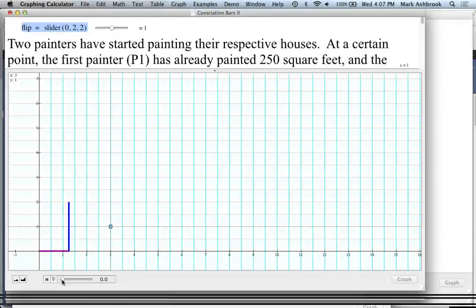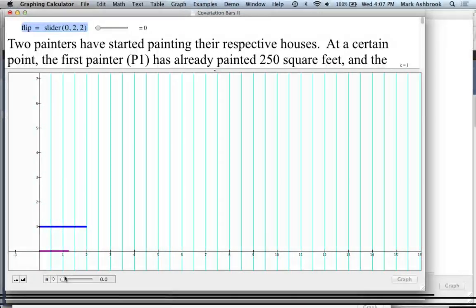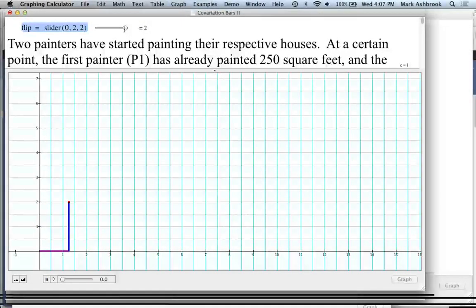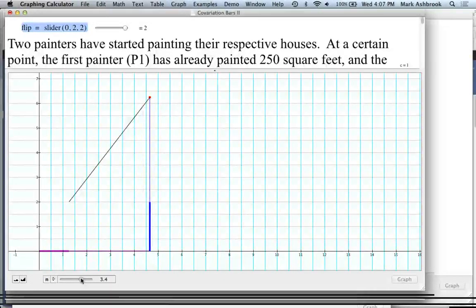And so what happens every time painter 1 paints a certain amount, painter 2 paints how much? 1.25 times that amount. Okay, and so really we're tracking, the two quantities tracking together is really tracking that point right there, right? So let's do that. It's not letting go. Okay, there we go. So we're going to track that top of that blue bar as the two quantities change together. And the black is leaving a trail of points.